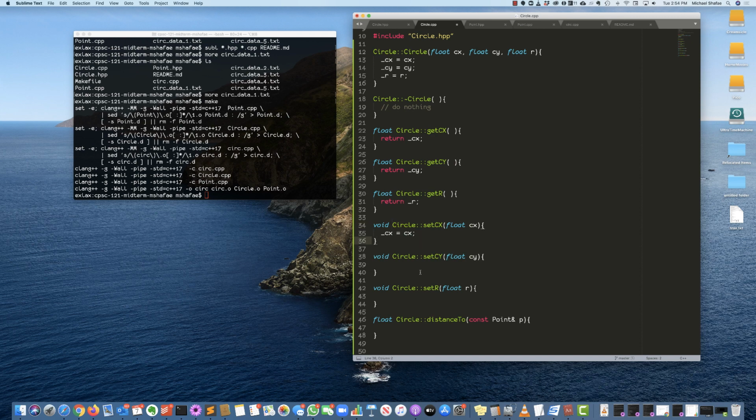Okay, so let's finish up these methods here. And we need to set r. Oh, and now we have to write the distance to function. Now, I think it's a good idea to write a little comment to myself to say distance is equal to the square root of x2 minus x1 squared plus y2 minus y1